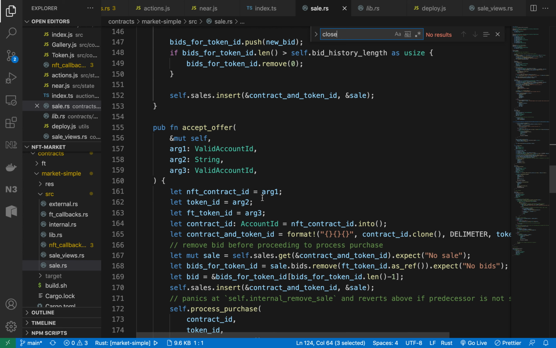Oh, sorry. Okay, this is accept offer. Okay, that is the closing function. That is, the minter can see the different bids that have come and they can accept the offer.